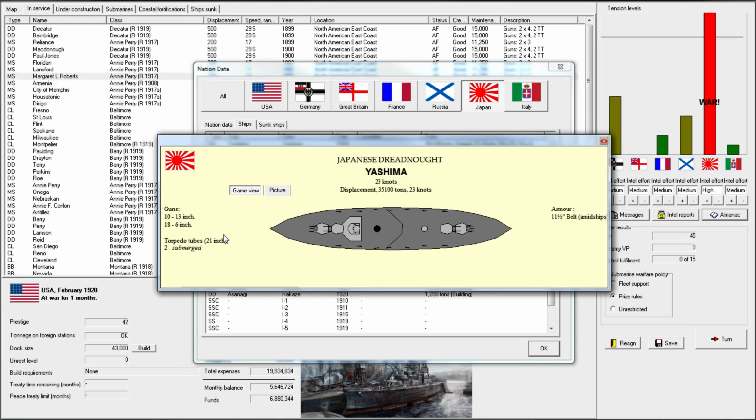Awesome. I would be ecstatic if our Montana class can go up against the Yashima. That would really be the battle to end all battles. They've really copied our design too. They've done 18 6-inch guns. So we did, I think, 16 and then we focused heavily on just having